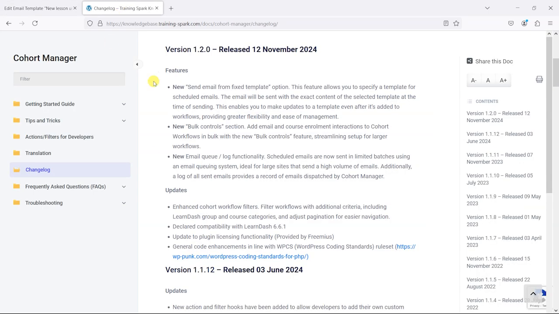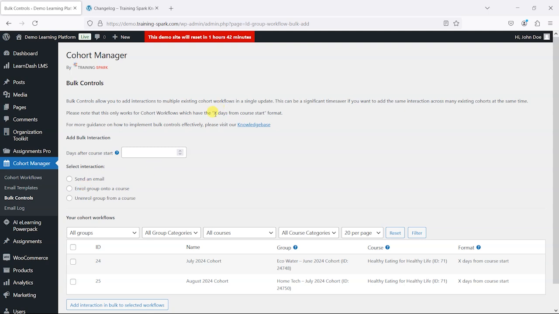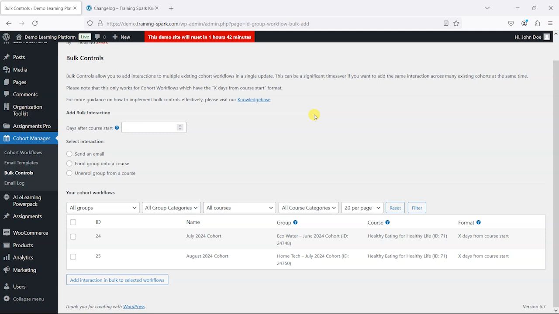We've also added a new bulk control section. So some of you manage lots and lots of workflows, and the ones in the sort of X days from course start date format. And if you wanted to add a certain interaction to lots of these, previously you would have had to go into each workflow and add that one by one to each of them. So what we've done is added a new feature here called bulk controls, and we can say maybe after 99 days we want to either send an email, enroll a group onto a course, or unenroll a group from a course. I'll just choose send an email,